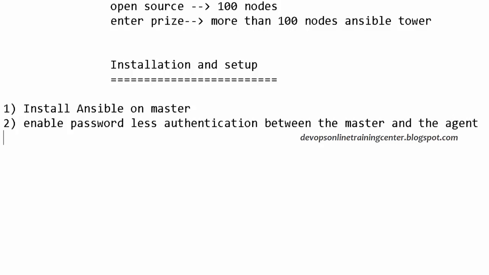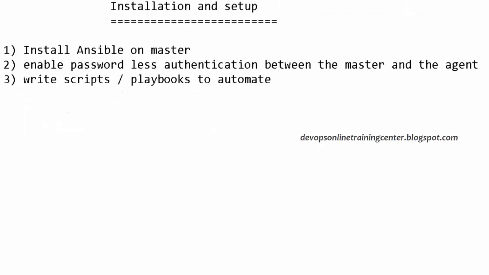So once we enable the communication between the master and the agent, then we can write some scripts to automate something, right? So we basically write scripts, or we can call them playbooks, to automate some of the tasks, right?